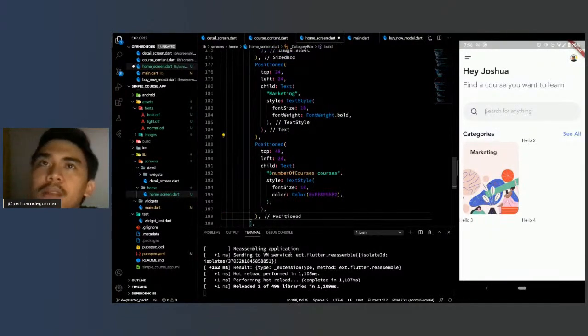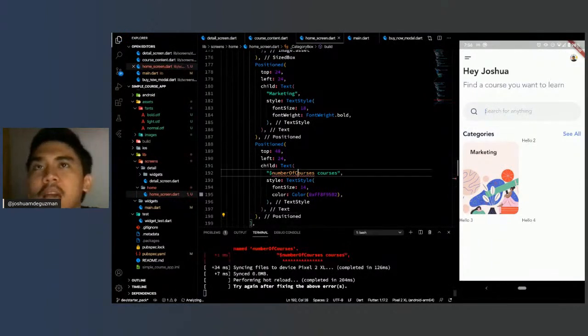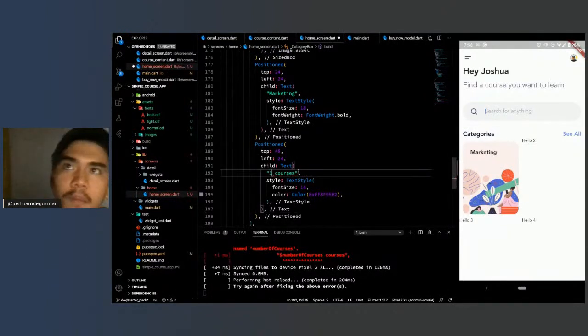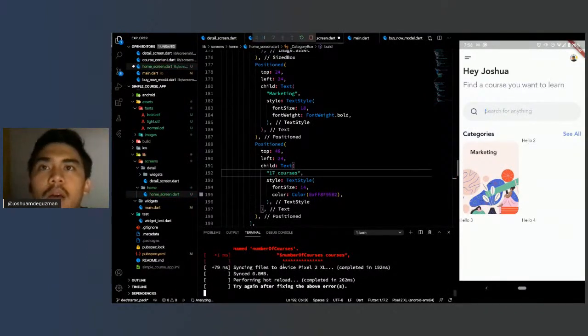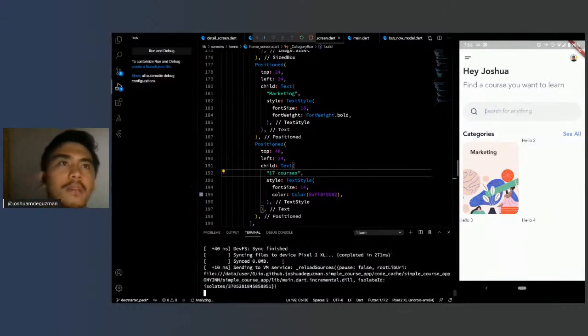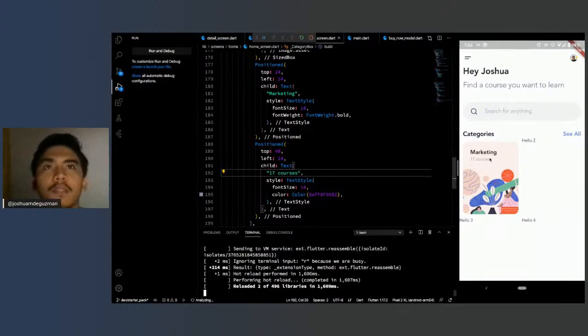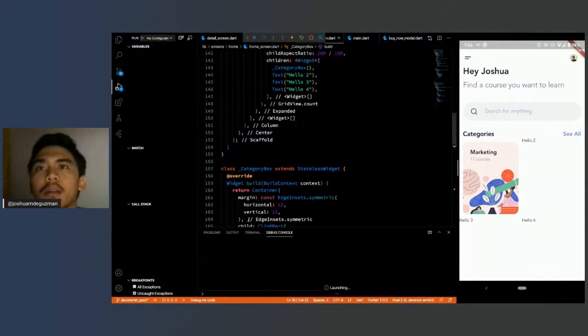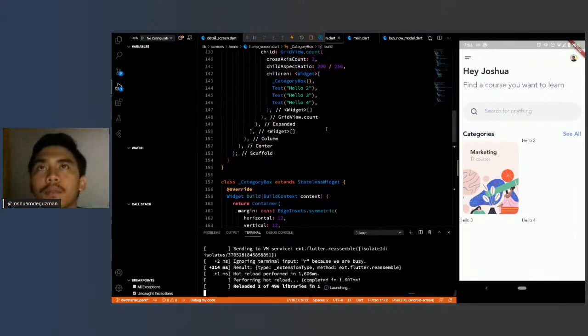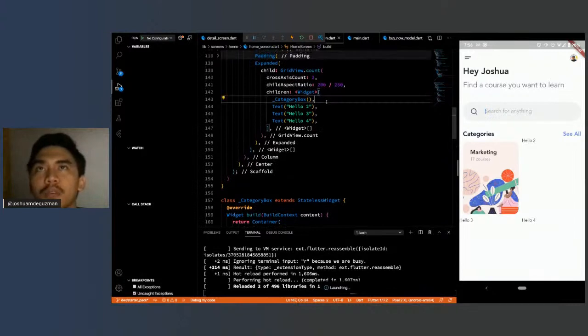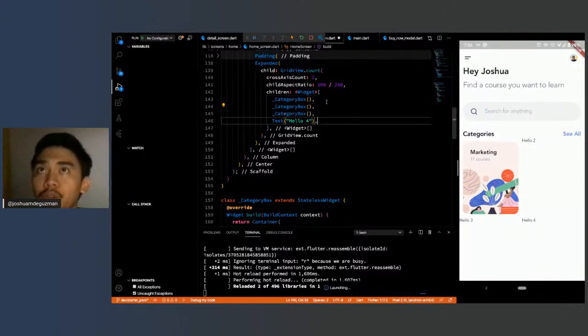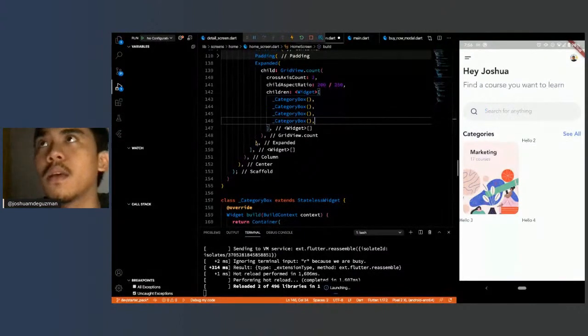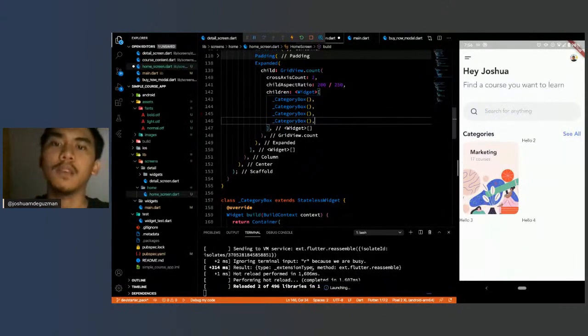For the label, this is actually created as a very dynamic widget. Okay, just running. So 17 courses, and the fun part here is we can now call CategoryBlocks. In Flutter, this is how you would normally reuse a widget, and pretty much we just have to save it.